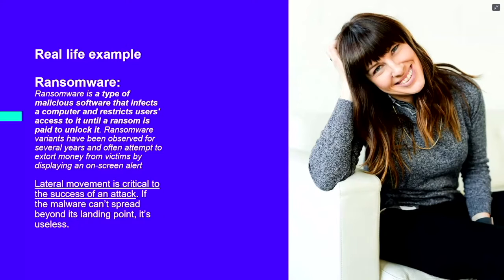If it's only on my computer, it's less harmful than if we allow it to spread around the infrastructure, the environment, the data center. It can have crucial implications, as we have seen in the recent months and years. So this is really what I would like to put the focus on. And the real life example that I have is actually a company that was not a customer of Guardicore. They didn't have microsegmentation, and they didn't base their strategy on a zero trust basis. So you could say that this is a very complicated and potentially difficult situation to navigate in.